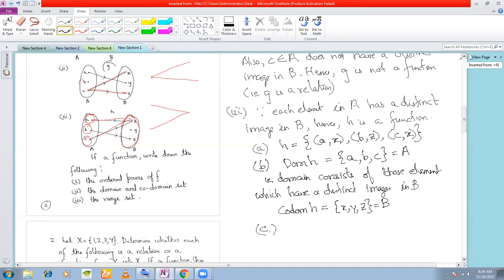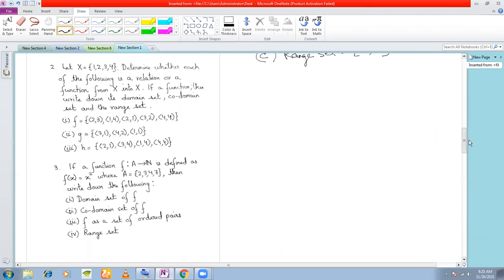And finally, you have the range set. Remember, in case of relations, what was the range set? All the set of images, right? What are the images here? If you see the image, X is one image and Z is another image. So all the set of elements which are the images. So X and Z, these are the images. So therefore, this forms the range set. Y is not an image, so therefore it is not in the range set. Clear with this? Yes, sir. Okay. We can proceed with the next question then.